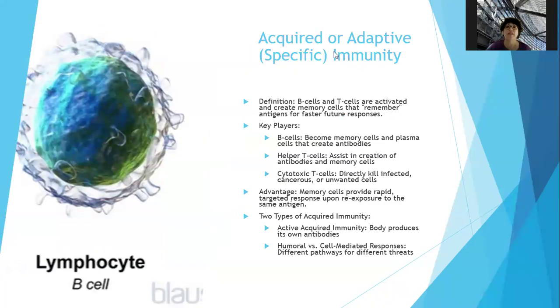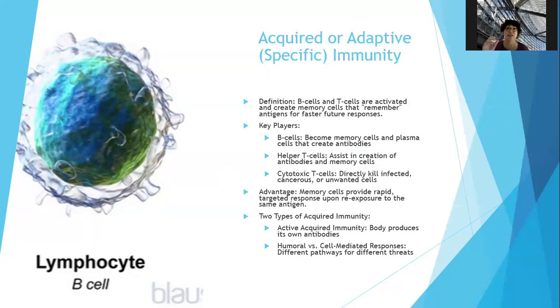So when we now get to acquired or adaptive specific immunity, B cells and T cells are activated to create memory cells that remember antigens for faster future responses. So the key players in specific or adaptive immunity are B cells or B lymphocytes, which become memory cells and plasma cells that create antibodies, and helper T cells, which do so much for us. They're called CD4 cells, and they assist in the creation of antibodies and memory cells, and cytotoxic T cells, which